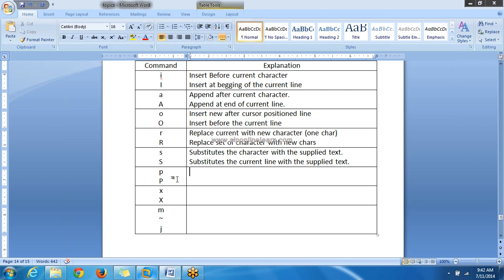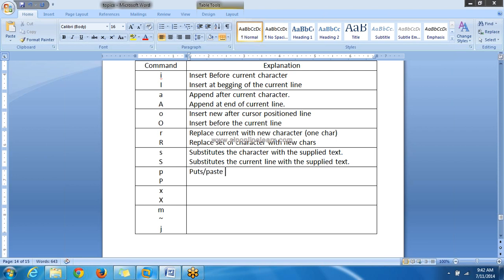It puts the deleted text after the current character. Here p is nothing but a paste command. If some text is there in the buffer, then it will paste. I'll show you.